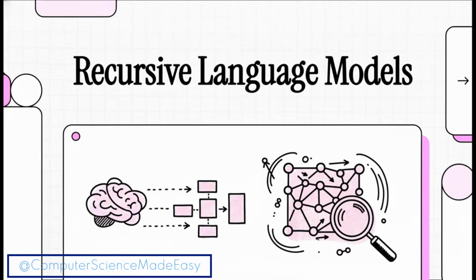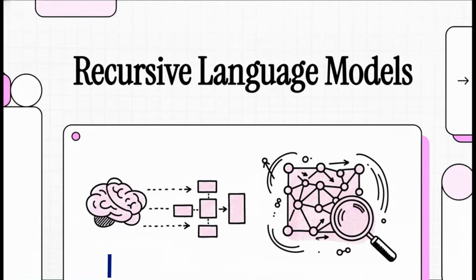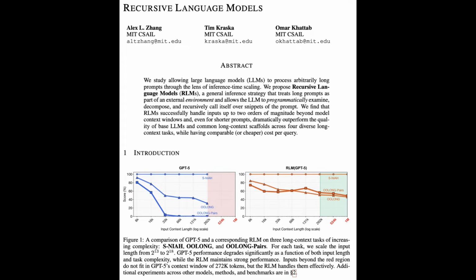So today we're going to tackle one of the absolute biggest bottlenecks in modern AI. What really happens when you ask a language model to chew on millions of words all at once? Well, we're about to break down some pretty groundbreaking research that offers a really fascinating solution. Let's get into it.